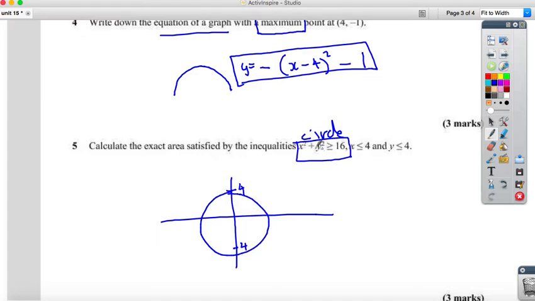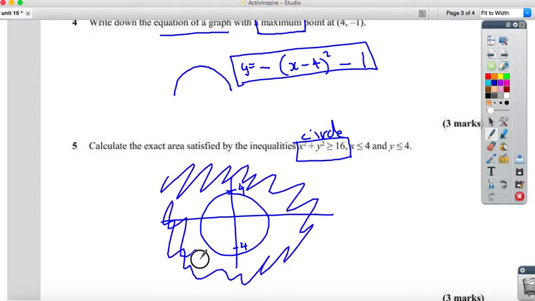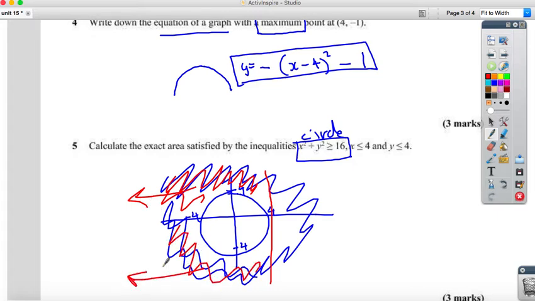Okay? And because it says when x squared plus y squared is bigger than 16, it means all of the area around the outside. So bigger than 16 means all of this area, which goes on forever. It then gives you extra conditions. It says when x is less than or equal to 4. So the other two coordinates here are 4, minus 4. So when it says x is less than or equal to 4, this line here means everything to the left of that going on forever that way, and all of this going on forever that way,